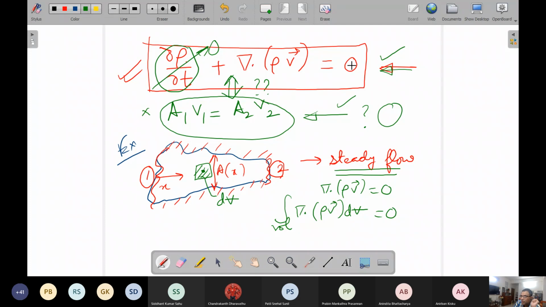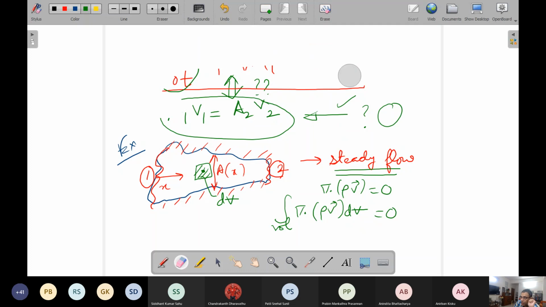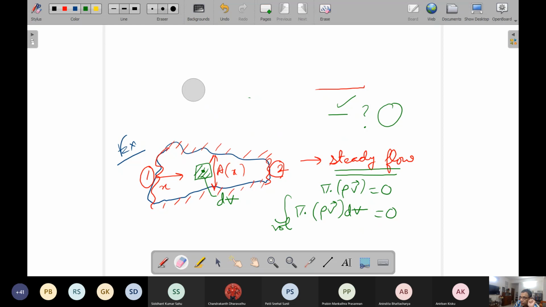Now what we will do is use something known as the divergence theorem. Let us erase this one. Somehow the erasing panel has hung at the top, so I'm not able to use it, but somehow I will manage. Now, one of the major theorems in vector calculus is this Gauss divergence theorem.